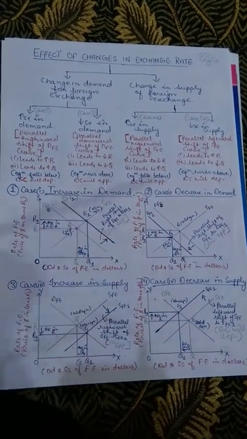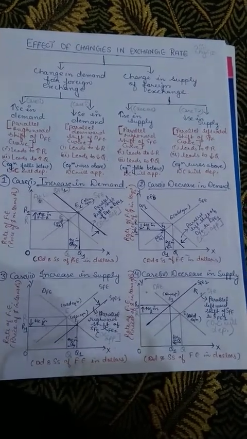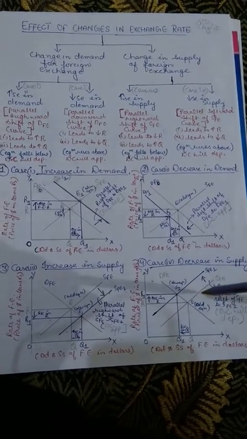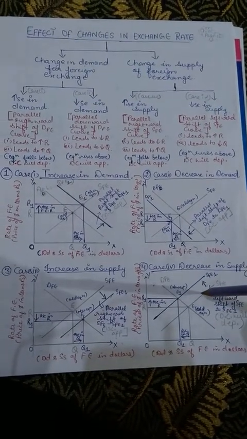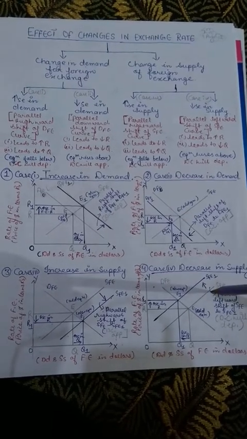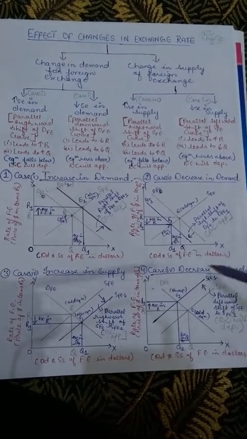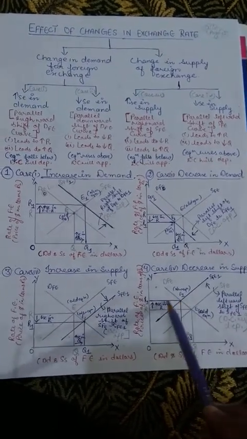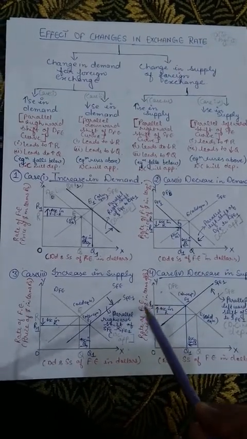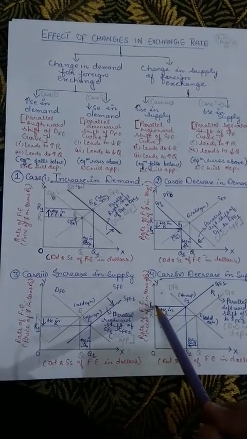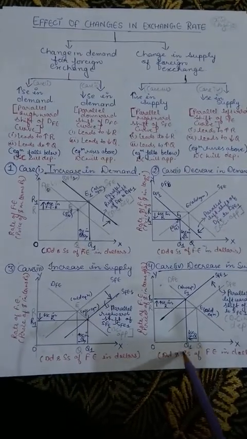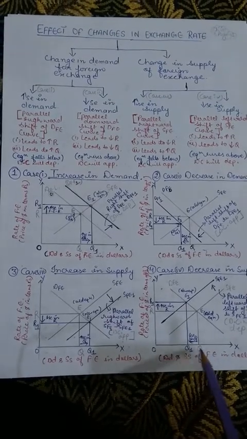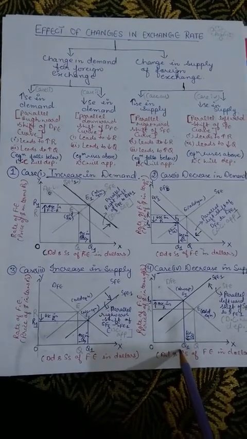And the same explanation is showing the decrease in supply. And what happens to a decrease in supply? These are our initial curves, and your supply curve will shift upward to the left side. This was your initial supply curve, this is your new supply curve, this is your old equilibrium, this is your new equilibrium. When you bring this line here, you see that you have got a new exchange rate that is greater than the previous one, and a new quantity that is less than your original quantity.